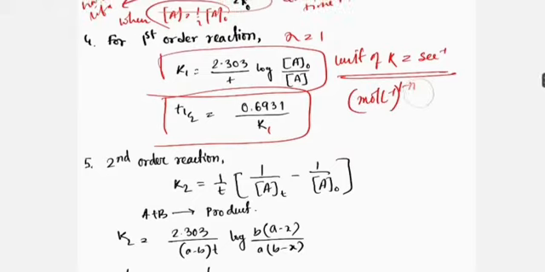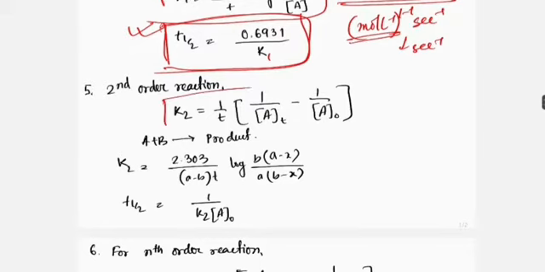So you write down 1 in the place of n, and you find out that this becomes 0 and the formula becomes second inverse, right? So this is the unit of K. Now T half is very important. This half life for first order reaction is 0.693 by K1, and for second order reaction the rate equation becomes